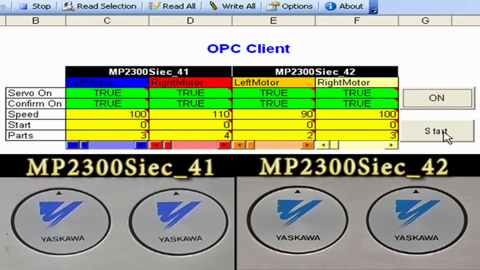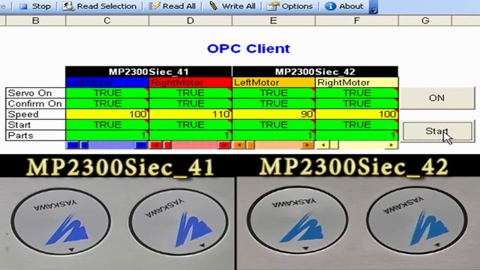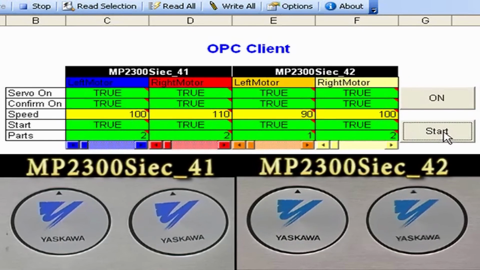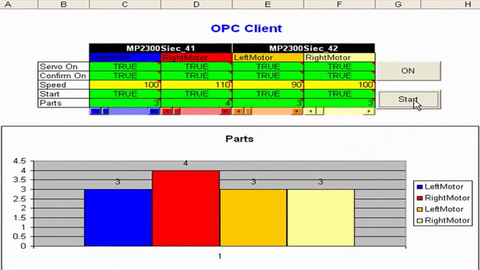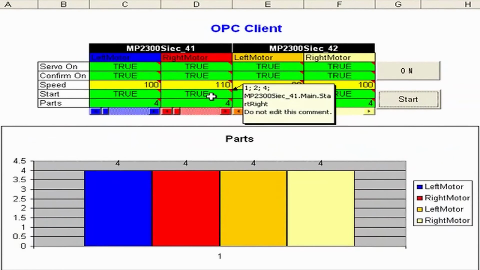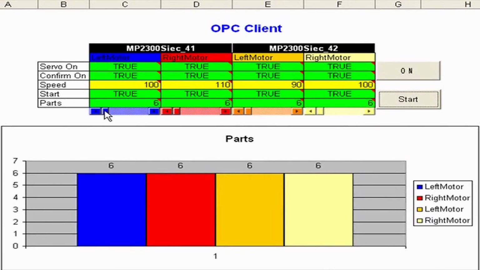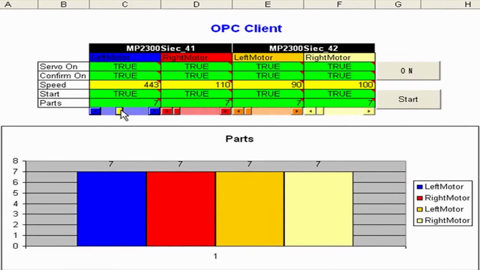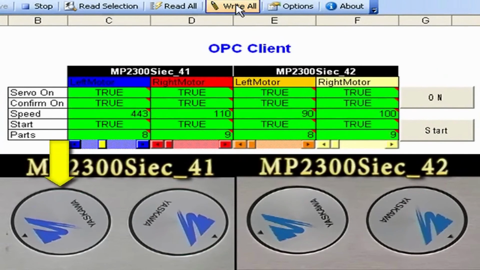I'm now going to start the motion. I'm going to hit start. You can see that the moves are starting to complete. My graph is updating. And just to show a little bit more about how this works, I'll turn up the speed here of one of the motors. Now the way this one works, you do have to do a write in order to send that over